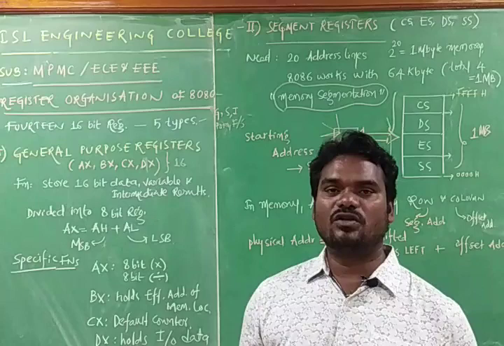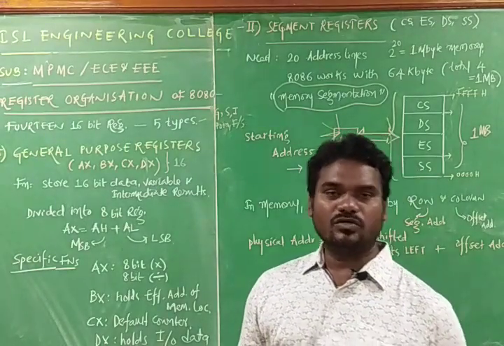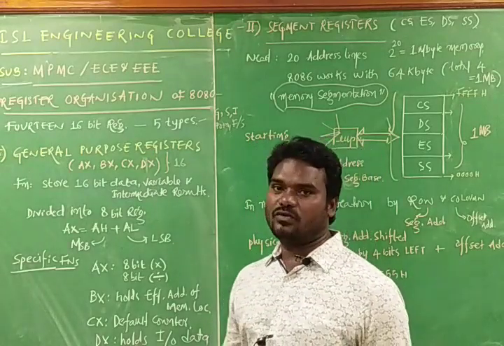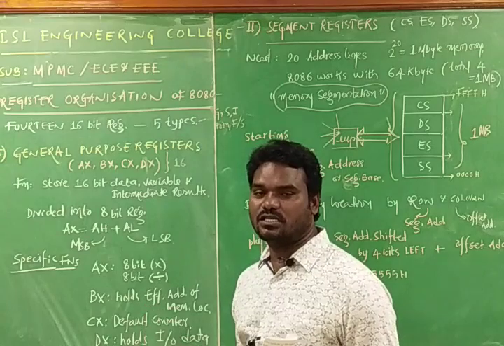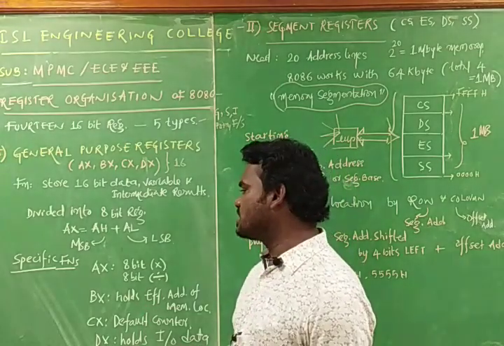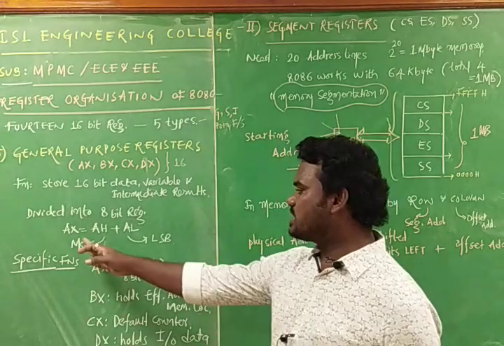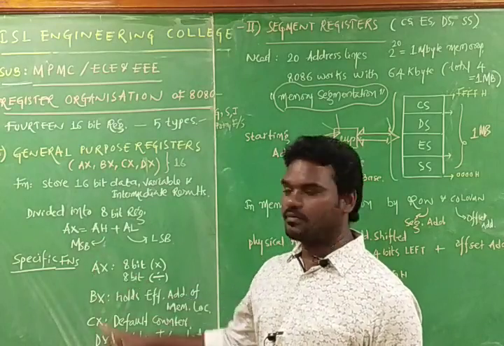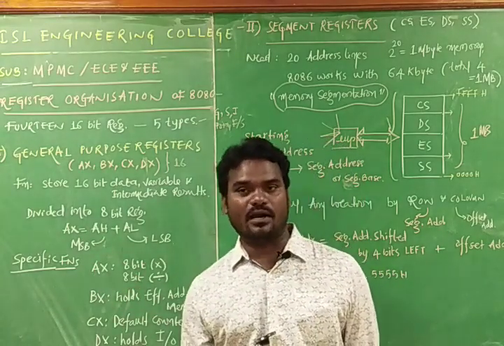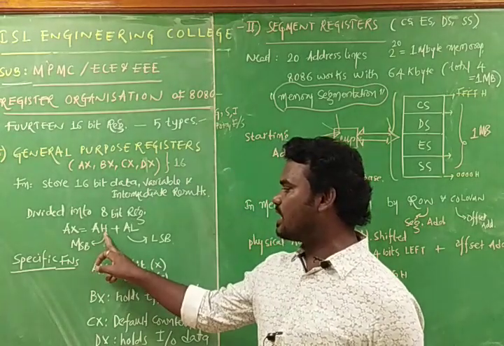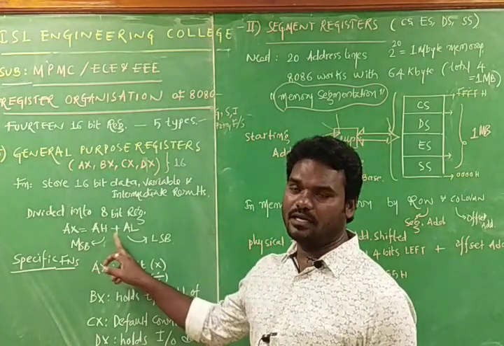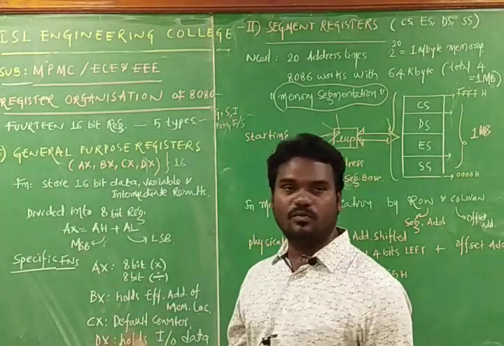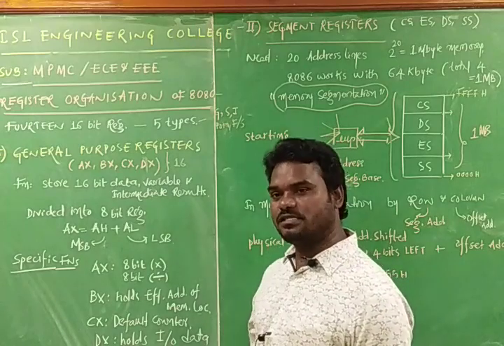most of the time the 8086 microprocessor is going to handle 8-bit data, and in such cases we can allocate two registers, each register 8 bits wide. AX is divided into AH plus AL, which store the most significant byte and the least significant byte, or we can call them the higher order byte and the lower order byte. Coming to BX, it is equal to BH plus BL, and CX is similarly divided, and like that we can go on.